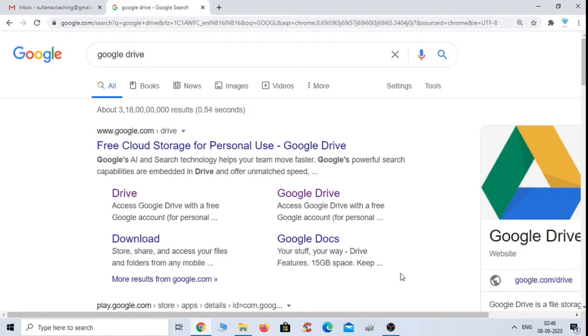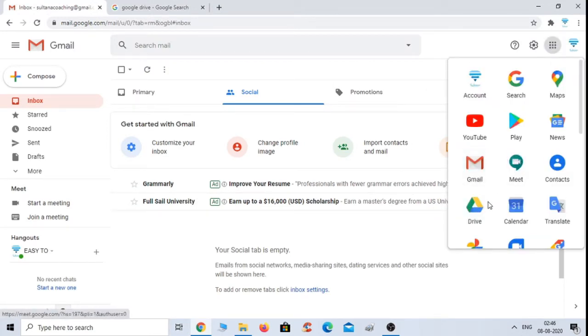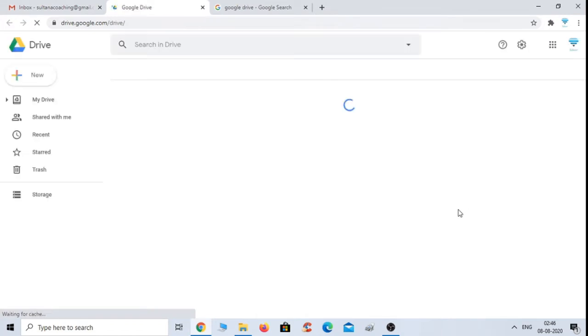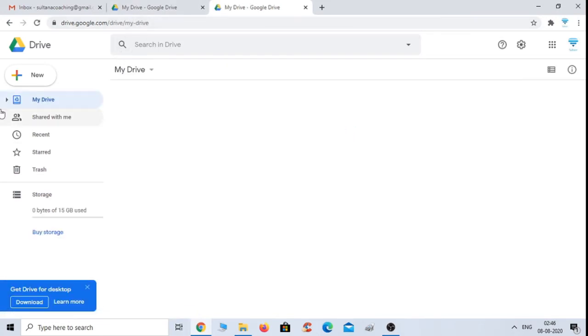Okay, remember one thing, this is my personal PC, so I can already log in with my ID, so I can easily open this. Or if I do not have any personal device, or I have to use my organization PC or laptop, just log in with your Gmail ID, then click on this button and then click on Drive. Okay, in this way you can open a drive, or just search through a Google search engine and click on this Google Drive. So in this way you can open your Google Drive.